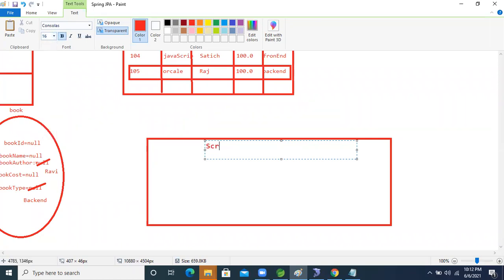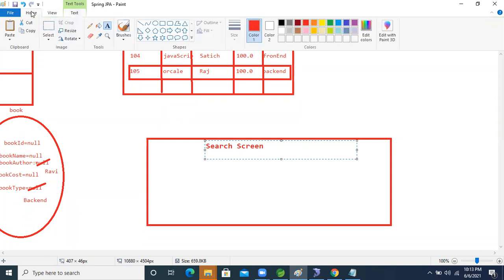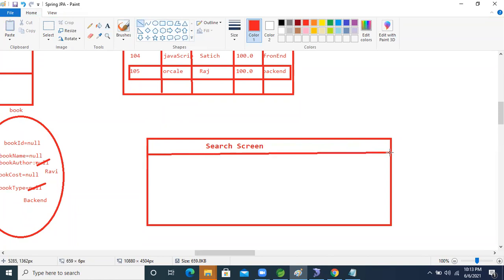I'm giving a search screen to the end user. Inside that, what am I giving to the end user?